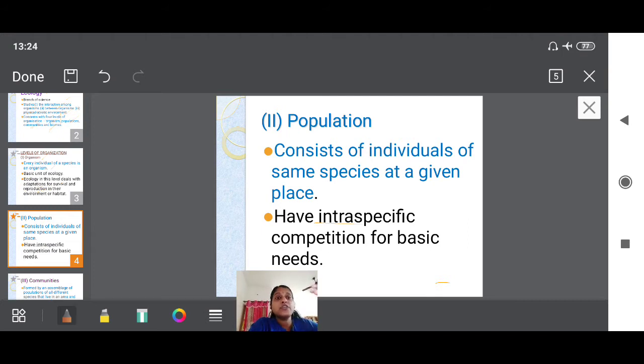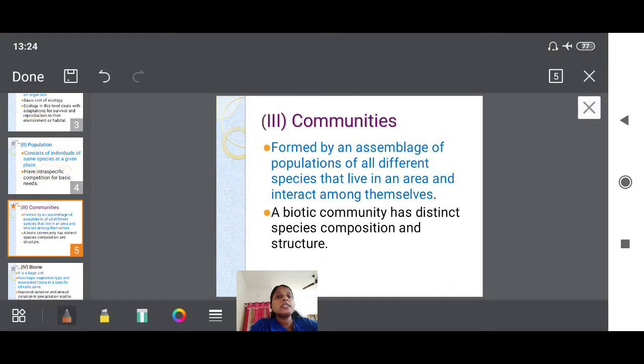competition with the humans itself. We are competing. The ones who are earning, the ones who can afford the things, food and all, shelter, place, are surviving. The ones who cannot, the poor people, those below the poverty line, cannot survive. Why? Because they are competing, but they are not competitive enough to earn much for their survival, okay? So in the population, what type of competition exists? It is intra-specific competition. For basic needs we are competing with one another, okay? Yes, so that is population.